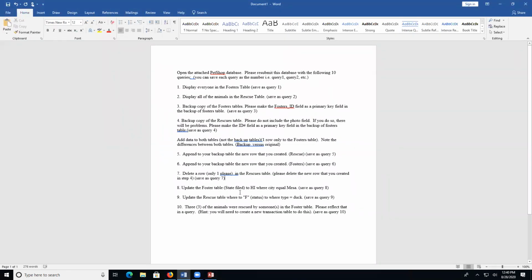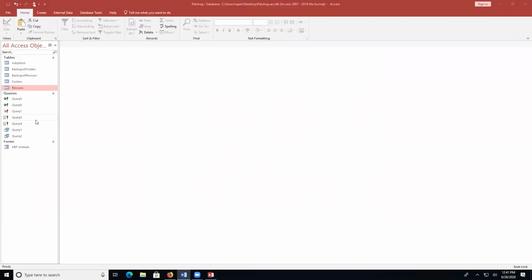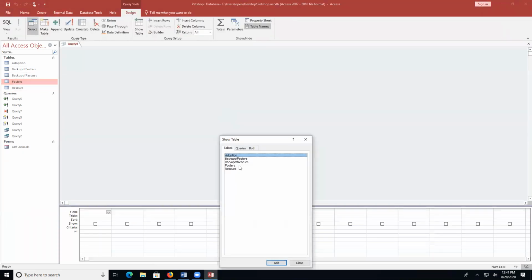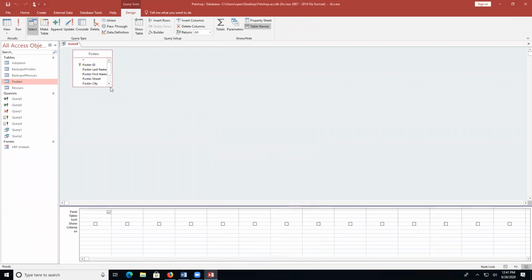The update query, what it wants you to do is, they have specific things over here. So let's run an update. Update means to change something. So here I'm going to come in again, query design. First one is Foster. I can pick all the fields, but what it says over there is update the state field